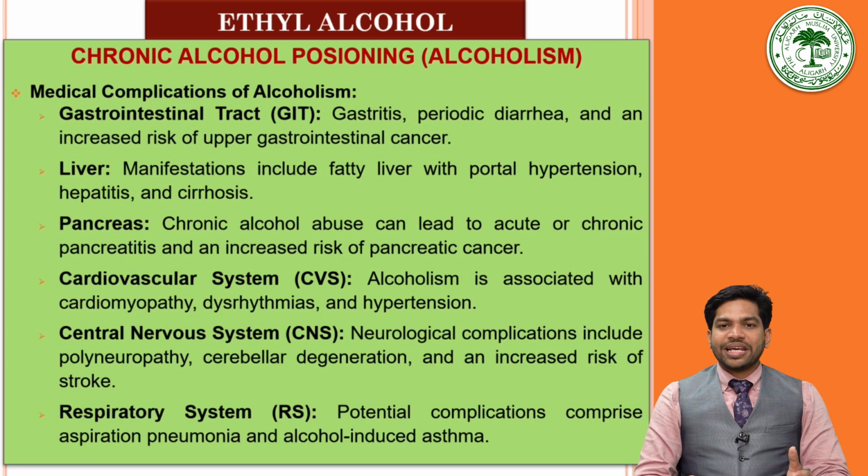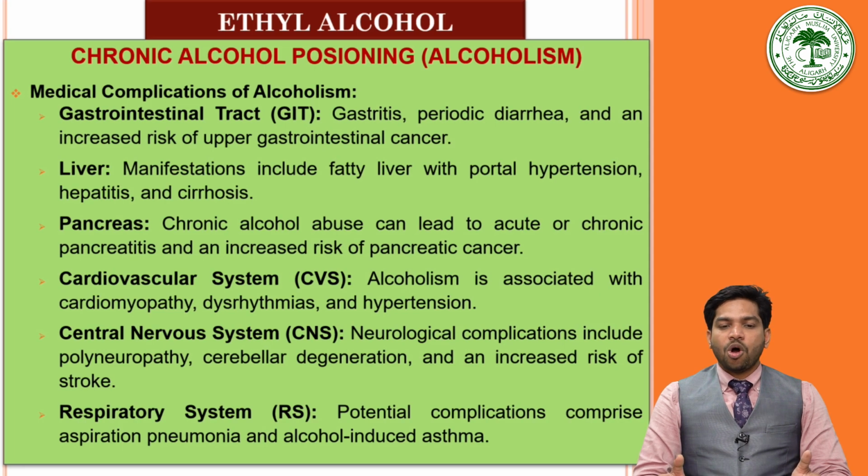Then the medical complications of chronic alcohol abuse are seen on all the systems of the body. On the gastrointestinal system, it causes gastritis, periodic diarrhea and an increased risk for upper gastrointestinal cancer. Liver manifestations include fatty liver with portal hypertension, hepatitis and cirrhosis. In the pancreas, chronic alcohol abuse can lead to acute or chronic pancreatitis and